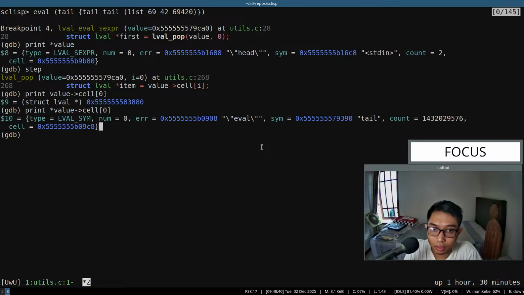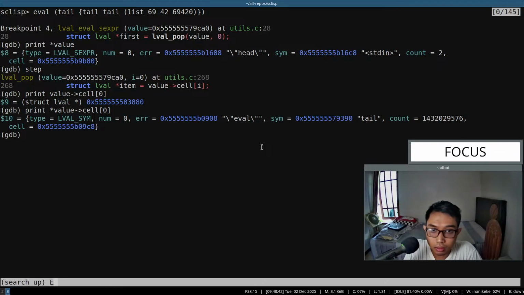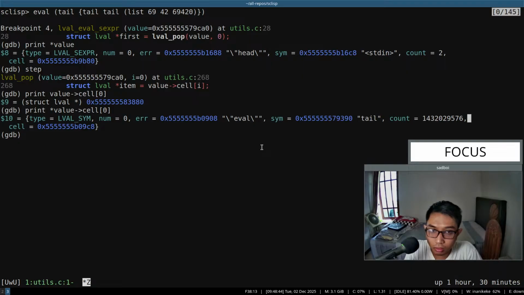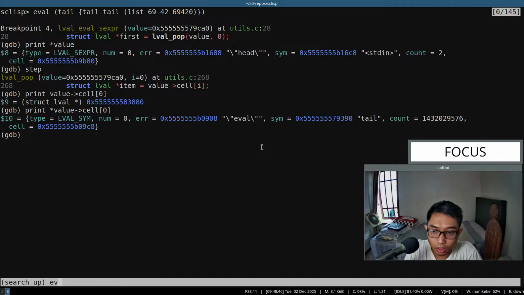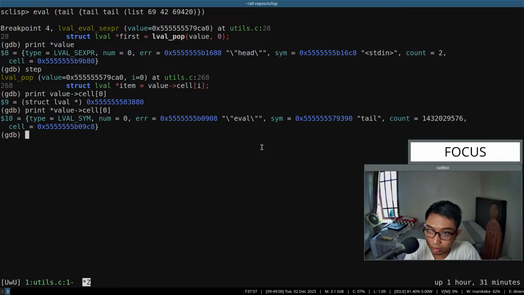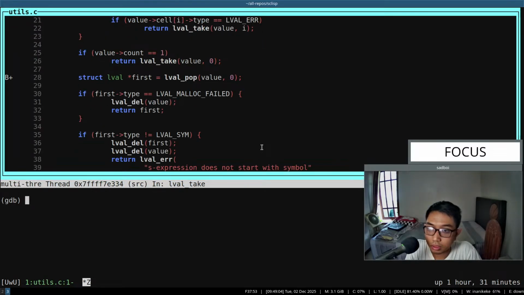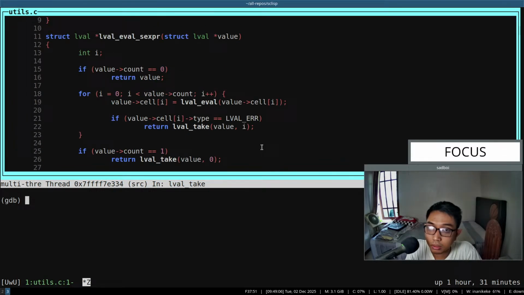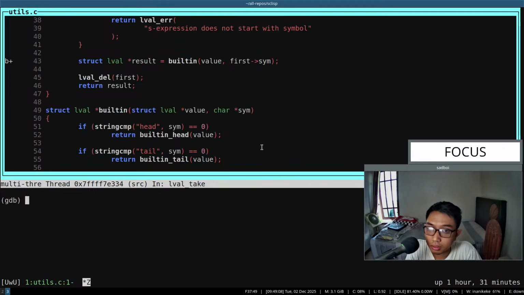Okay, fine. I mean, why is the error file? Interesting. And if we take a look at this one,